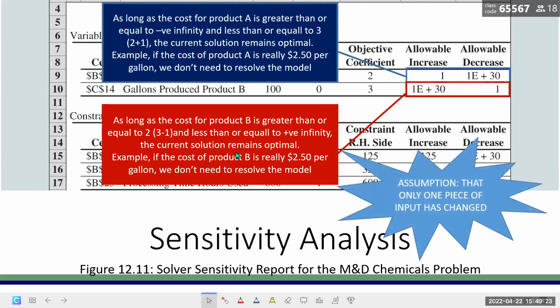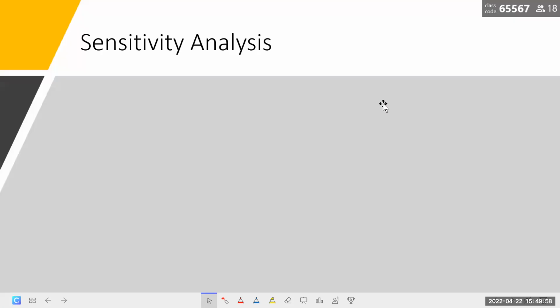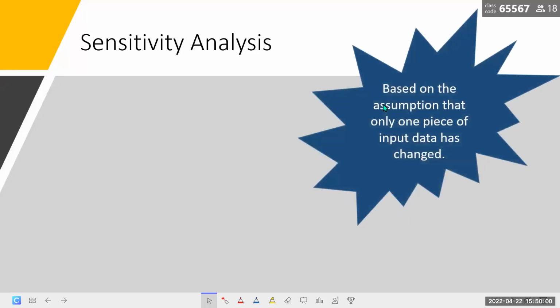However, the assumption here for the range is that only one piece of input has changed. It means that if there is a change in the objective coefficient for product A only, then you can use this table. If there is a change in both coefficients, product A and product B, both change, then you have to